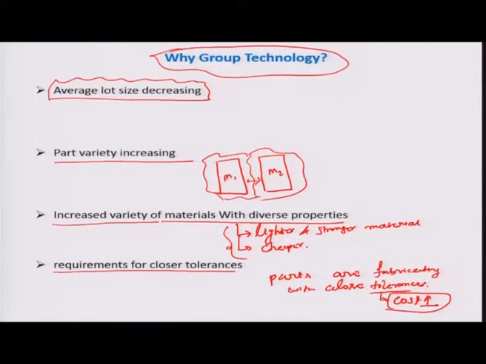Using group technology you can achieve close tolerance, and you can manage your fabrication process with a variety of materials and a variety of parts.